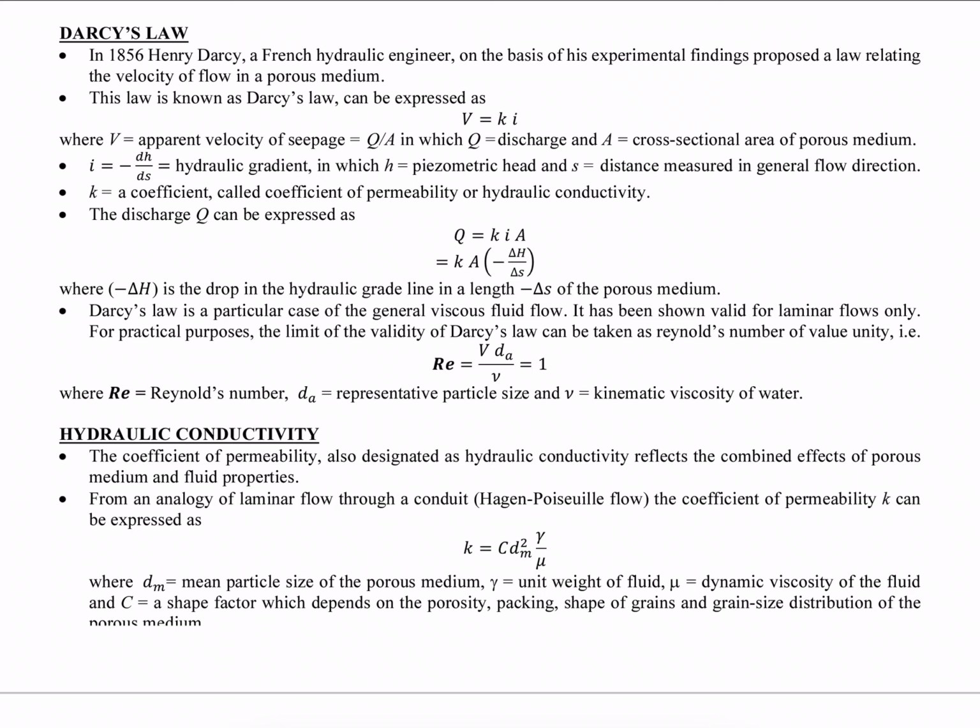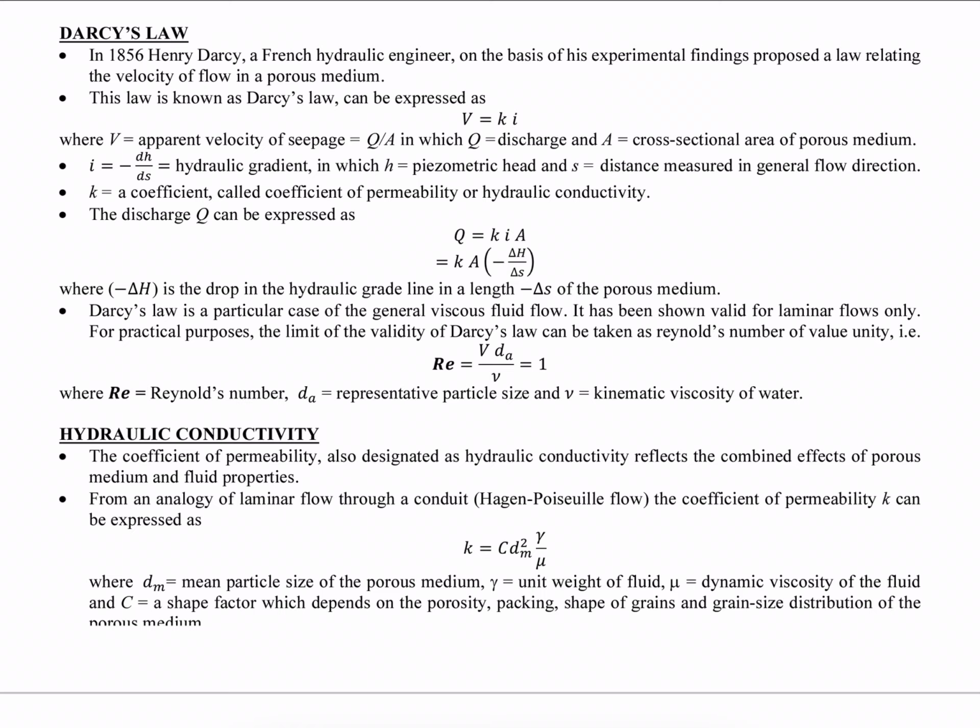If we know the velocity, then by multiplying by the cross-sectional area we can easily get the discharge. Discharge is what we want to calculate for a well or any porous medium, so that we can estimate the total amount of water that we can get from that reservoir or storage. Okay, so I is what? I is our hydraulic gradient.